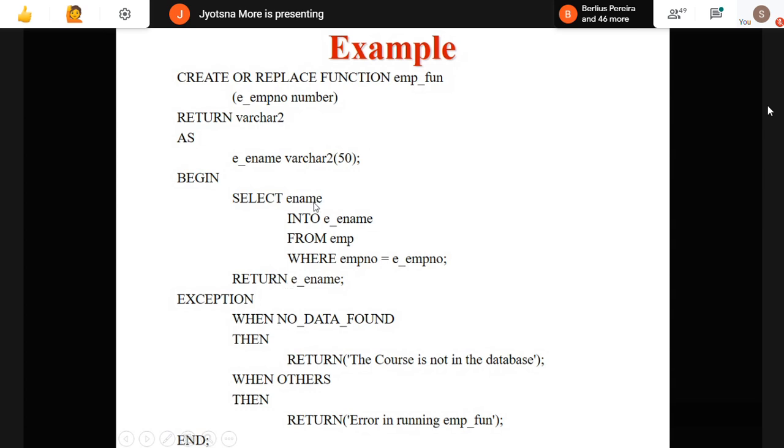Select ename into e_name. This ename is the column present in the employee table. The value of ename from the table, I want to put into this variable, which is the variable of my function. Then return e_name.